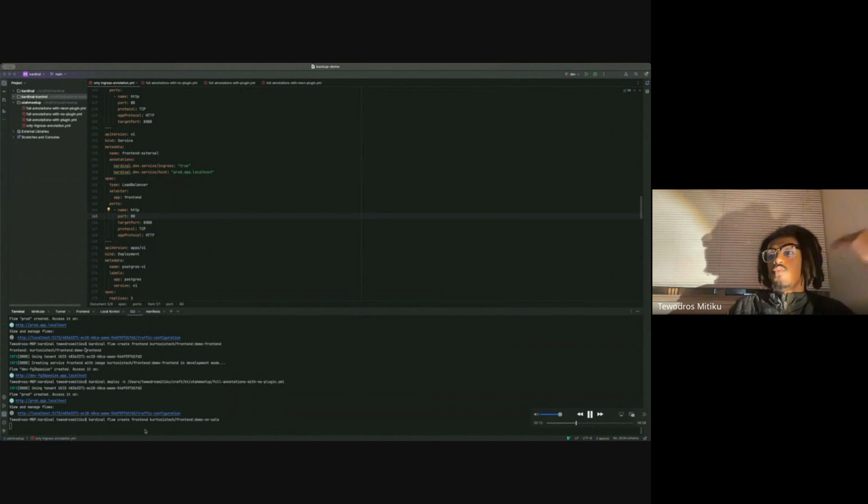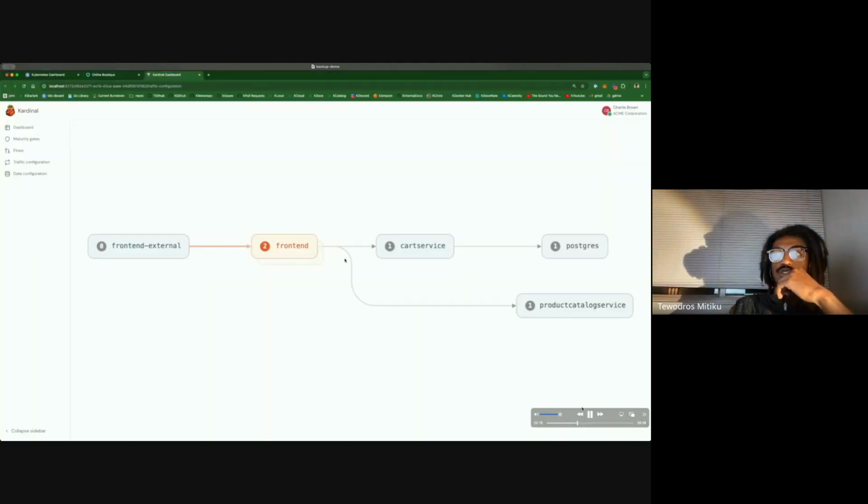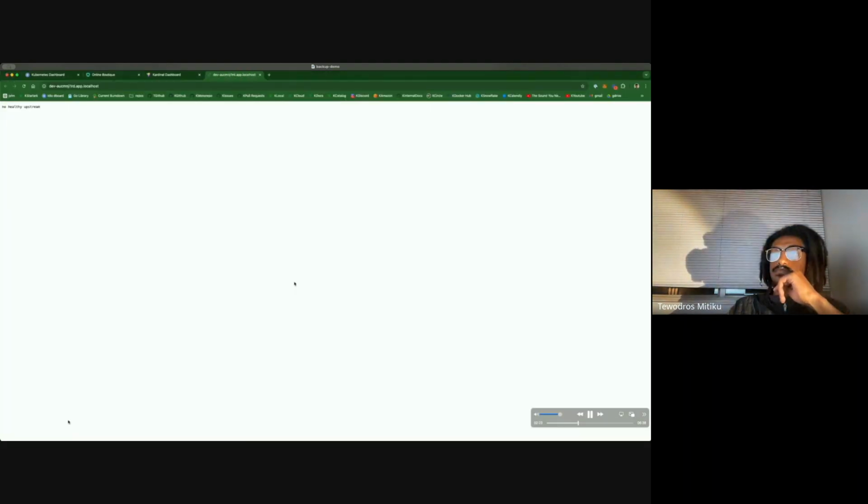So here, what am I going to do? I'm going to create a flow with a front end. Let's say that it is Black Friday and I'm on the front end team and we want to be testing out a feature where now different products can go on sale. So I want to be testing a dev version of this front end that I've just created. And so I'll create a flow for that. It'll create this new front end flow. This will take a second to render in our topology.